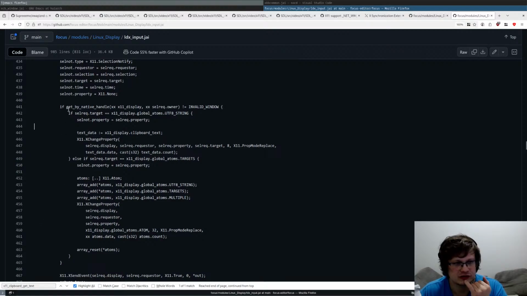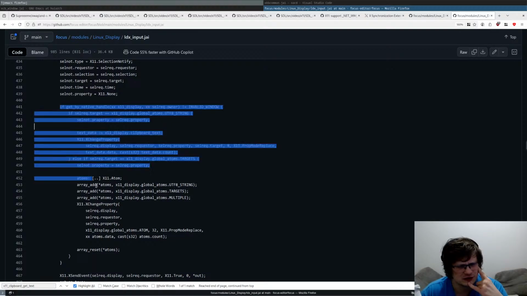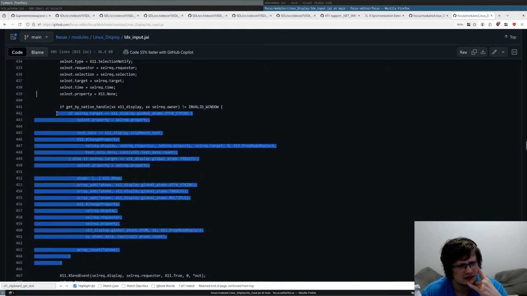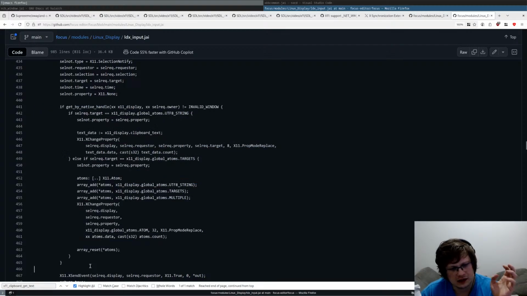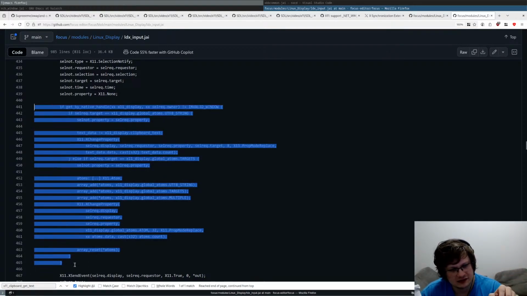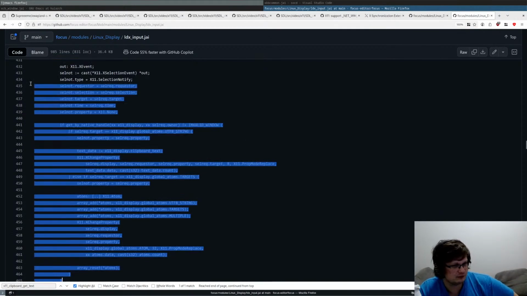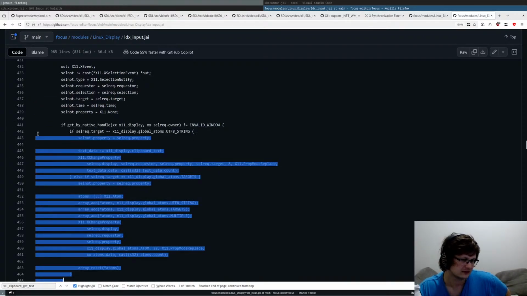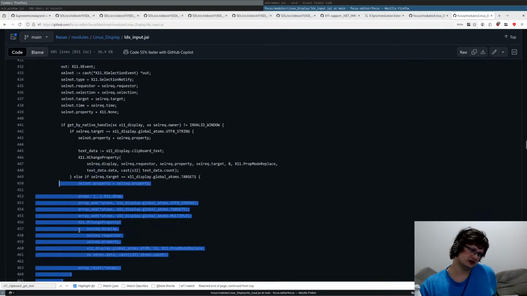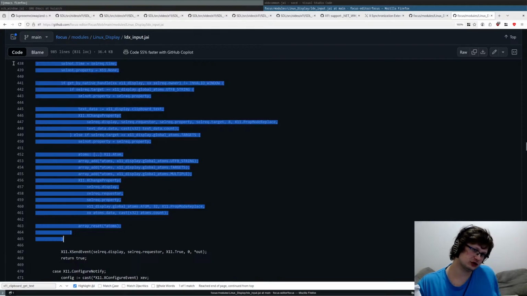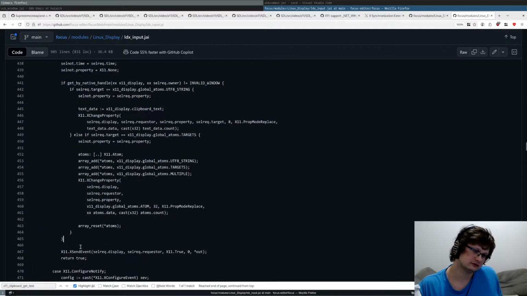Time property get by native handle. You can copy paste into yourself. Okay, I see. I mean, you can copy paste into yourself, but I would like to shortcut it. I would handle the copy paste event by checking if I own the selection before I even initiate all of this. And then I just paste the text, so I'm not going through all of this. So I just don't go through here. Unless